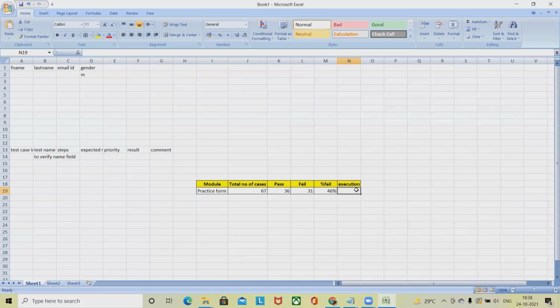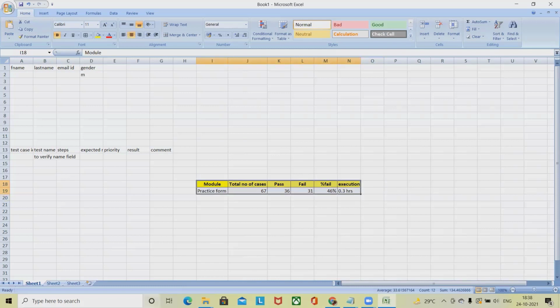And when we talk about the execution timing, let's say it took 30 minutes, so 30 minutes, or you can specify 0.3 hours. Perfect. So this is the execution report which we are creating for sharing with the business team.